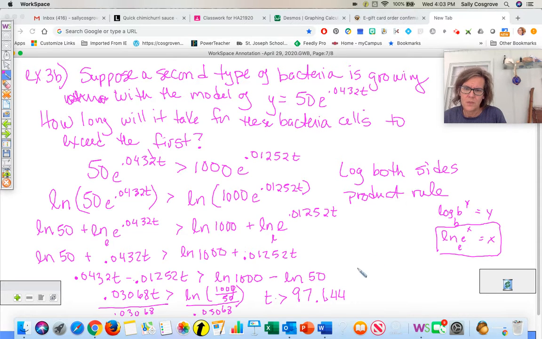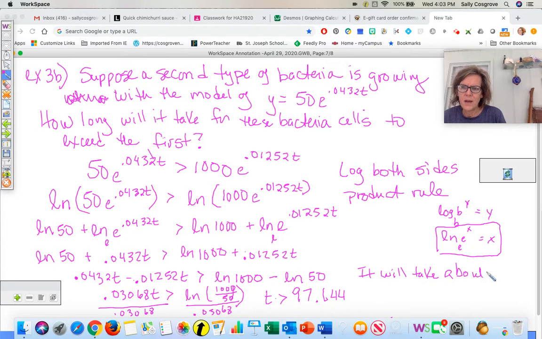So we will say it will take about 98 minutes for the second bacteria to exceed